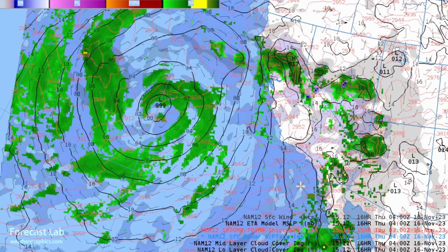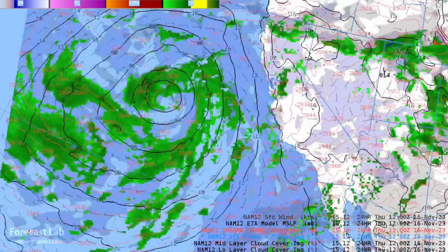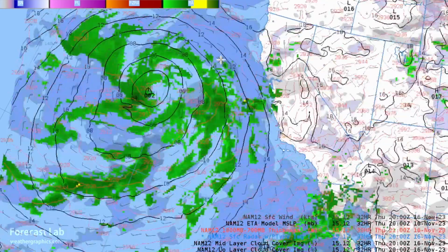And gradually that spreads over most of Southern California later this evening, so we should see a reduction in the precipitation. Meanwhile, precipitation in the San Francisco-Sacramento area continues to move northward, and the Sierra Nevada is picking up some of that as well. The main low remains well off into the Pacific, and only by early Friday do we